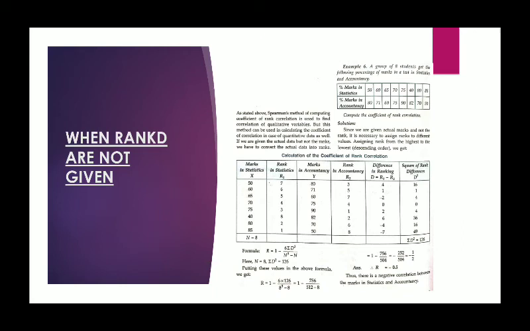Here the actual marks are given, not the rank. So it is necessary to assign a rank to different values. Now assigning rank from highest to lowest in descending order, we can get the tables. See the table, marks of statistics are given. So the highest marks is 85. So see, near 85 the rank is written as 1. The second highest is 80. So near 80 it is written 2. After that it is 75. So 75 will get rank 3.